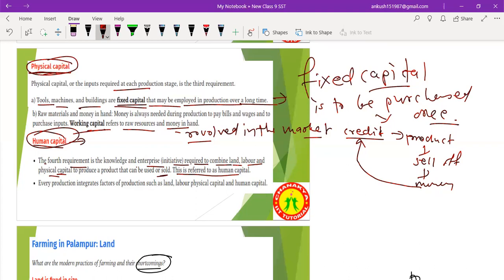Human beings always work like an engineer. He always tries to do something different from others, and he makes all these factors come together and work for him. Are you getting the point? Every production integrates factors of